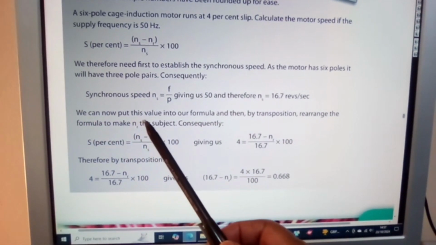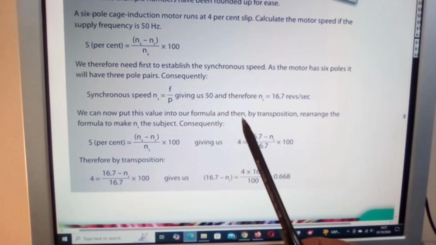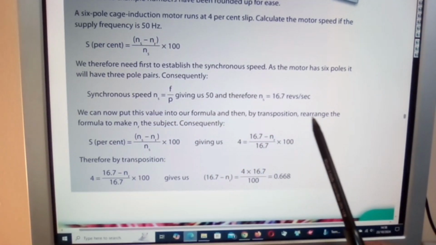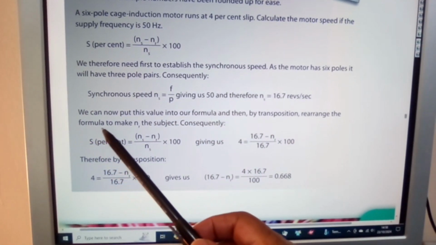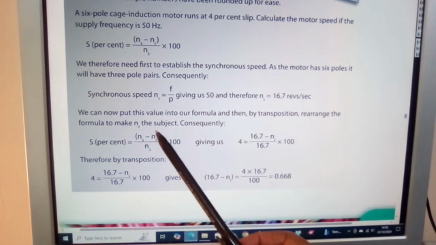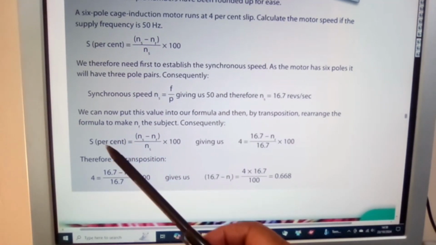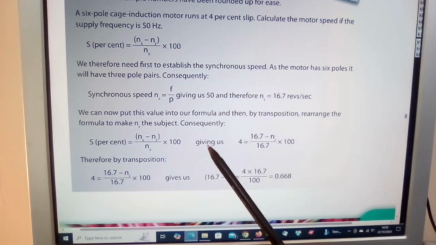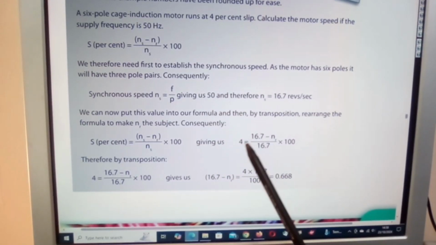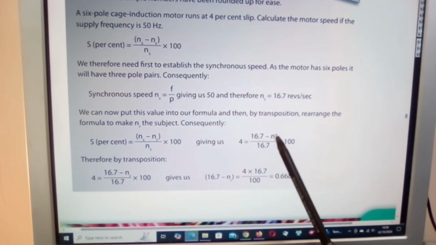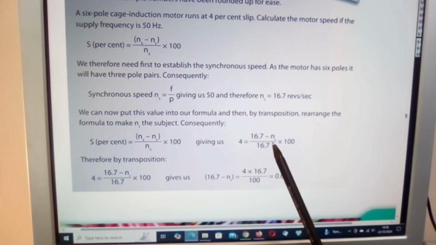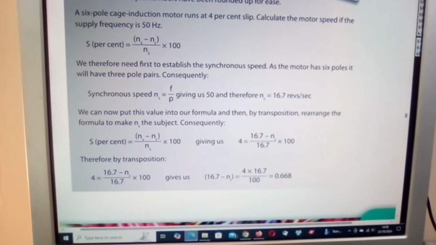We can now put this value into our formula and then by transposition rearrange the formula to make NR the subject. Consequently, giving us 4 equals 16.7 minus NR over 16.7 times 100. Therefore, by transposition,